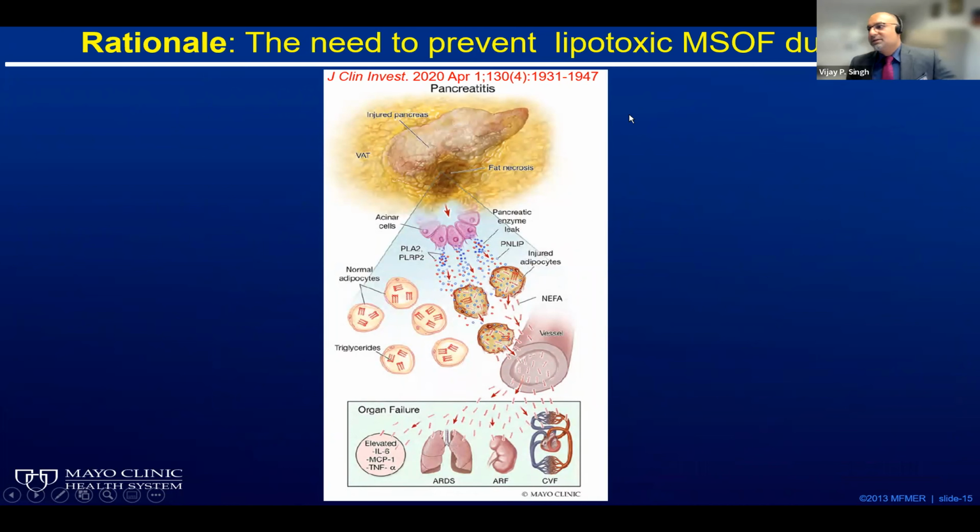What this essentially shows is that lipotoxicity, or adipose fat breakdown, visceral fat breakdown, visceral fat necrosis, is the driver of severity. It has nothing to do with the initiator. There are many initiators, but the initiators have nothing to do with the outcome. So it is the outcome that we are really scared of. And therefore, if we can prevent bad outcomes, which is multisystem organ failure, we may be able to do things